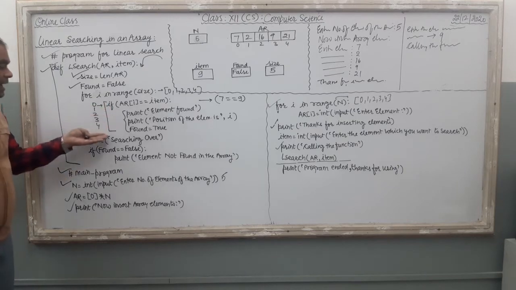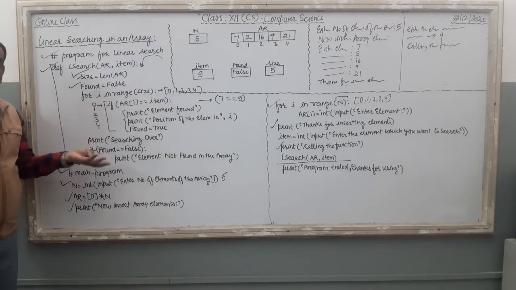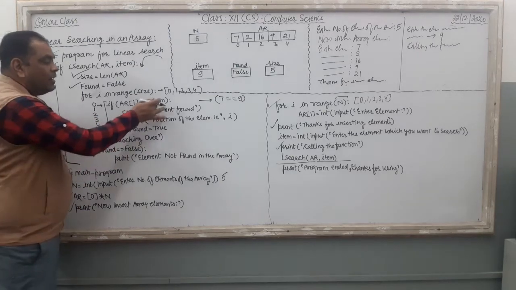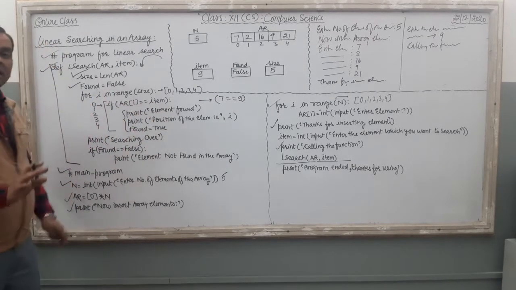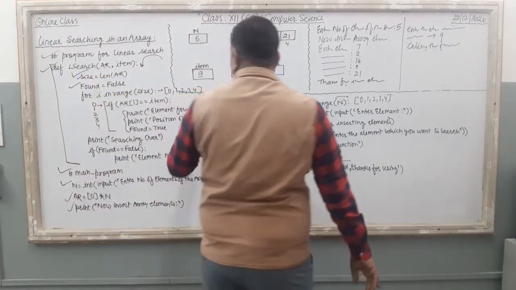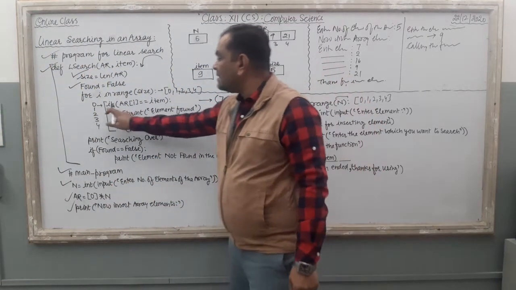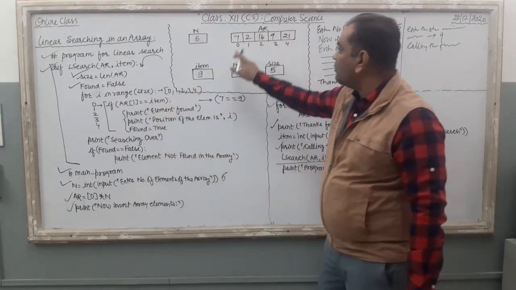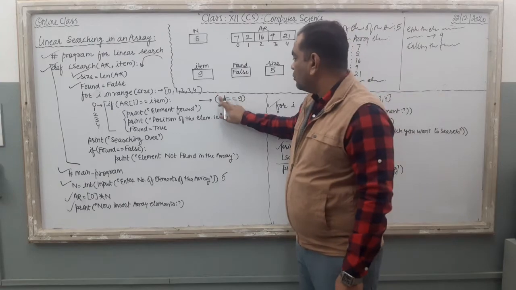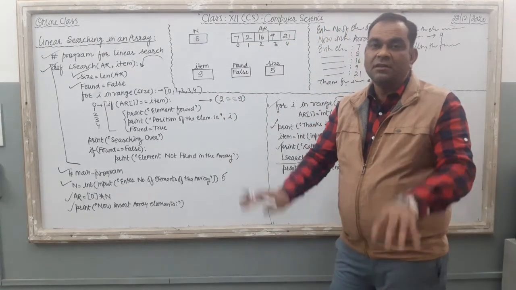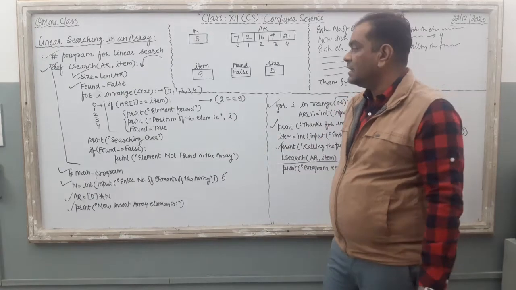Right? There is no else, see, in this whole program there is no else. It means if the condition is true, then and only then all these statements will execute, otherwise not. So 7 equal to 9, it is false. Next time the for loop takes the value of I as 1, AR1 equal to item. What is there in AR1? It is 2. So the second time 2 equal to 9. Again the condition is false. No entry in the if block.